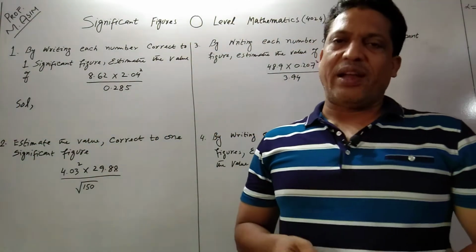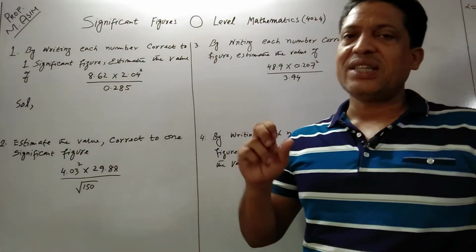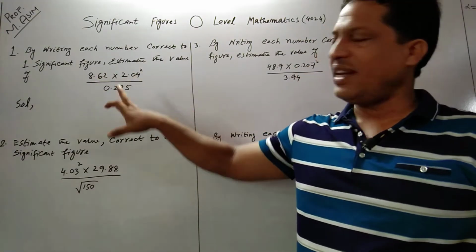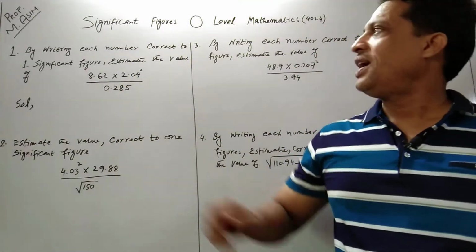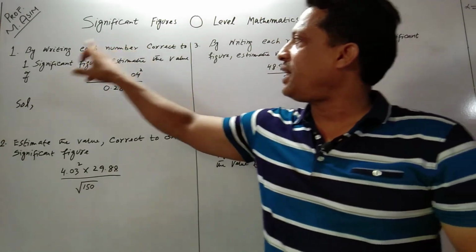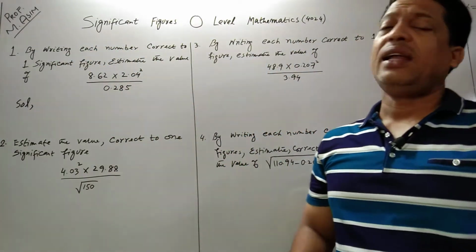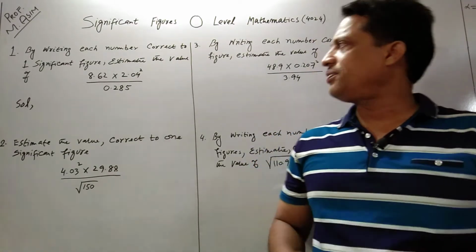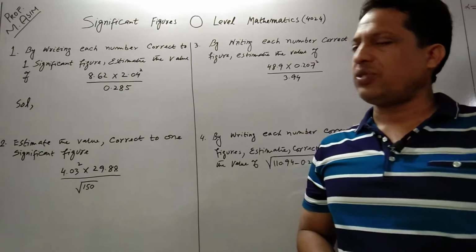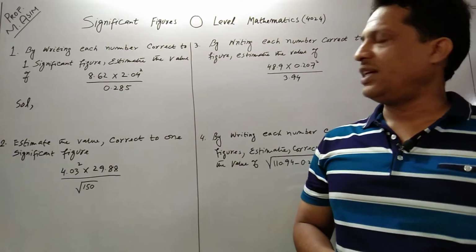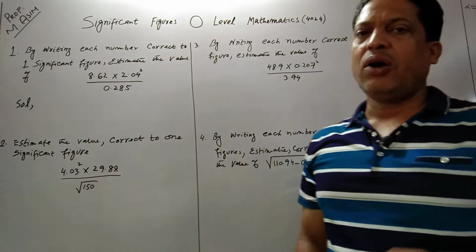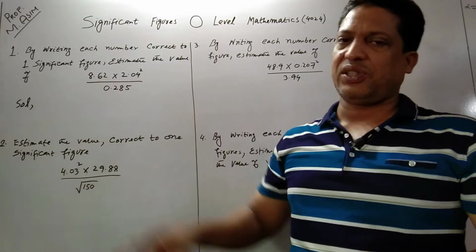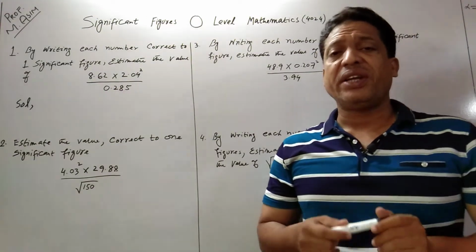There are two requirements in this question. The first requirement is, first we have to write all the given numbers in one significant figure. I hope you know all the rules of significant figures. Look at this, 8.62. How many significant figures are here? 3. How to convert 3 significant figures into one significant figure? Look carefully, 8.62 is nearest to 9,